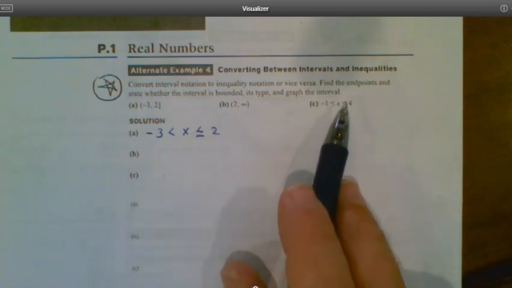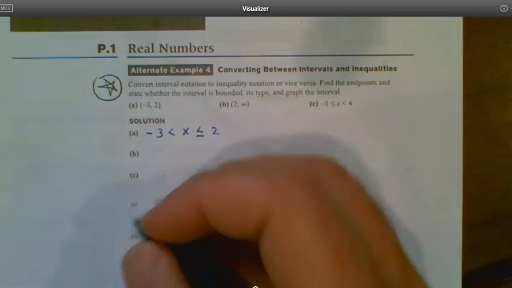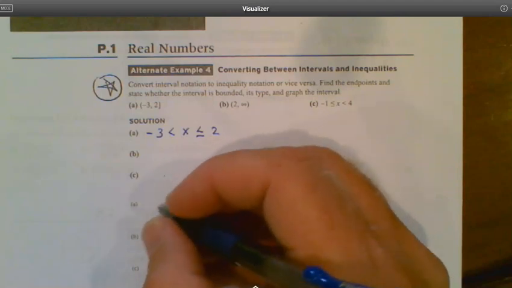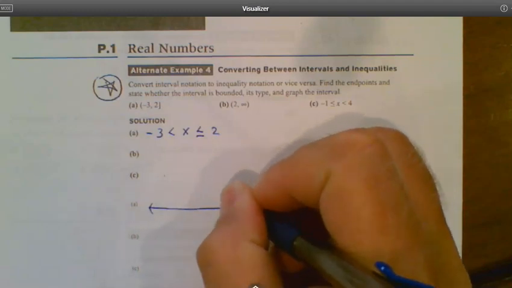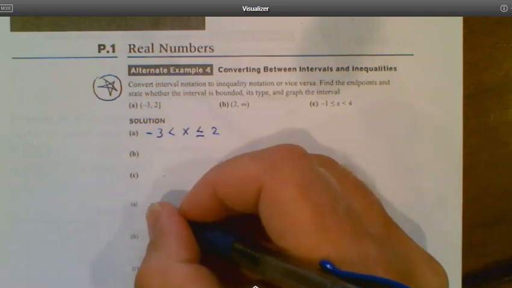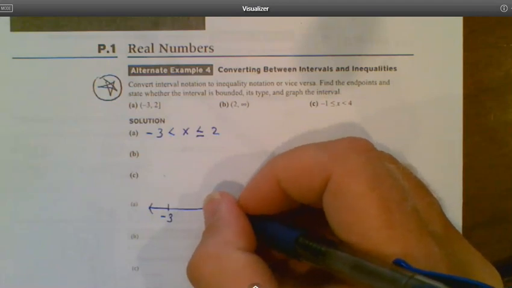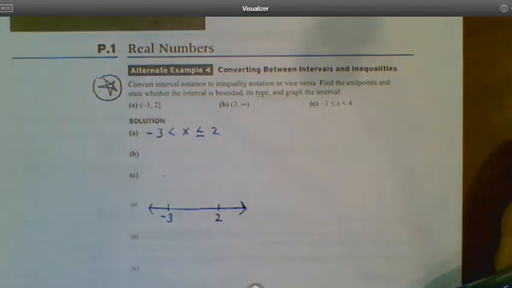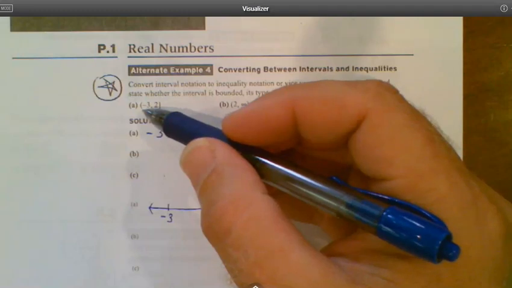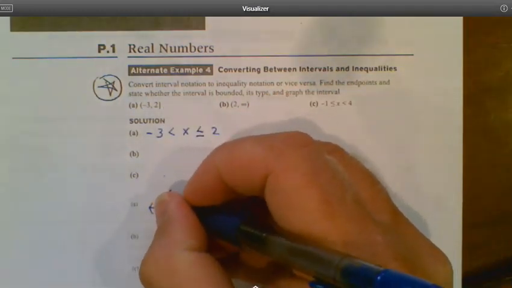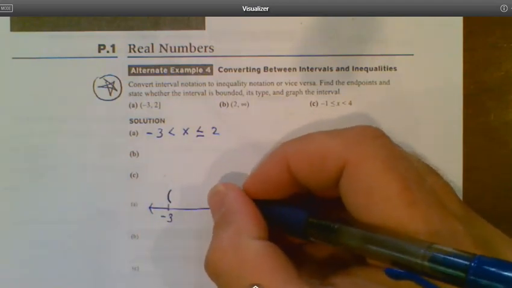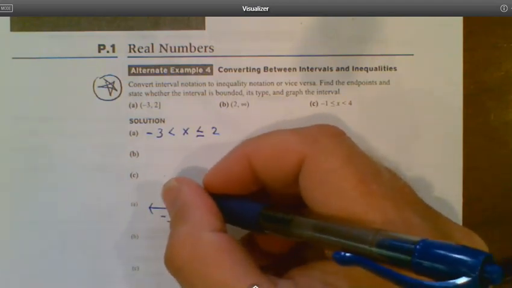One of the other things they ask us to do up here is to give it a graph. So I know you guys have done this one before, but if we were to graph something like this on just a simple number line, we can do something like this. So we're going to go from -3 up to +2. But the way this book has you graph these might be a little different than the way you've done it in the past. They actually use the actual parenthesis and bracket. So in this one, we have the parenthesis at -3, we have the bracket at 2,